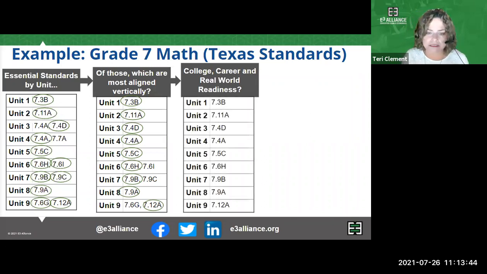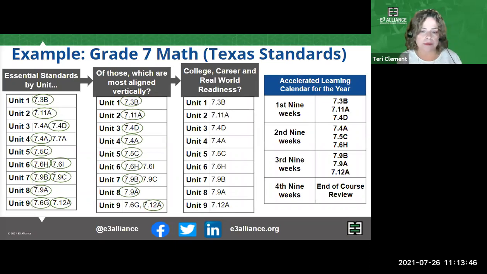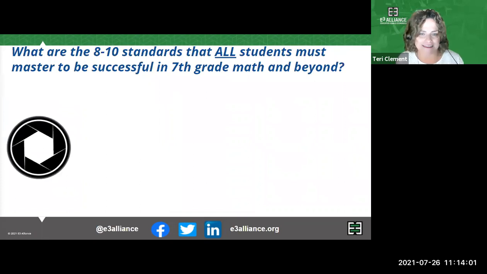Also, a curriculum resource can really be helpful in helping you determine which ones align most with that end goal of narrowing your focus so that you can effectively accelerate the instruction. Another helpful way to think about this narrowed set of standards is to think about this question. If I asked you as you're getting ready to plan and teach a course, what are the 8 to 10 standards that all of the students from that course should master to be successful in that course